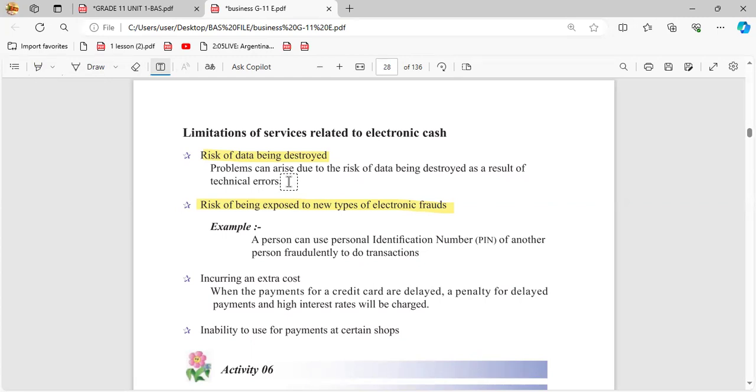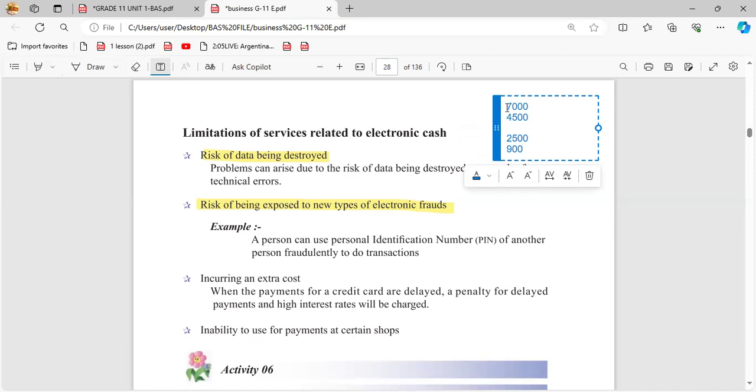The cost had to be only 4,500. So out of the 7,000 I had in my account, if I spend 4,500 on AliExpress, the balance has to be 2,500, no? But when I checked, the balance was only 900. That means there had to be a fraud for the 1,600. Did you understand? Anyway, I got that aquarium item, but after that I didn't order anything and I closed that account.